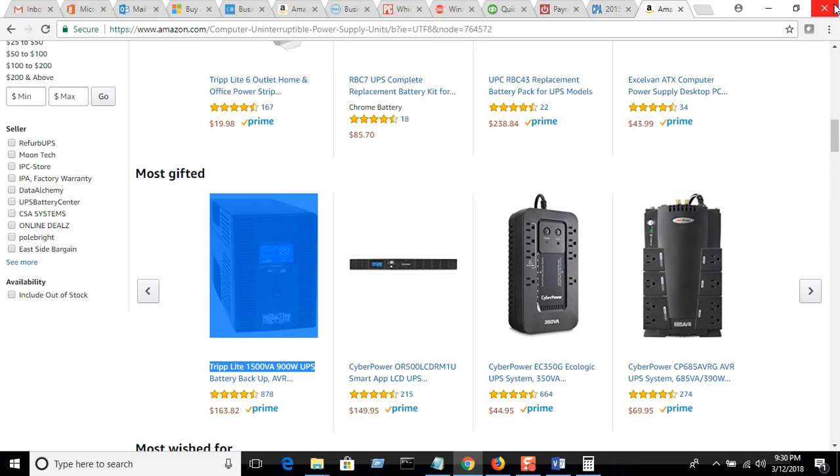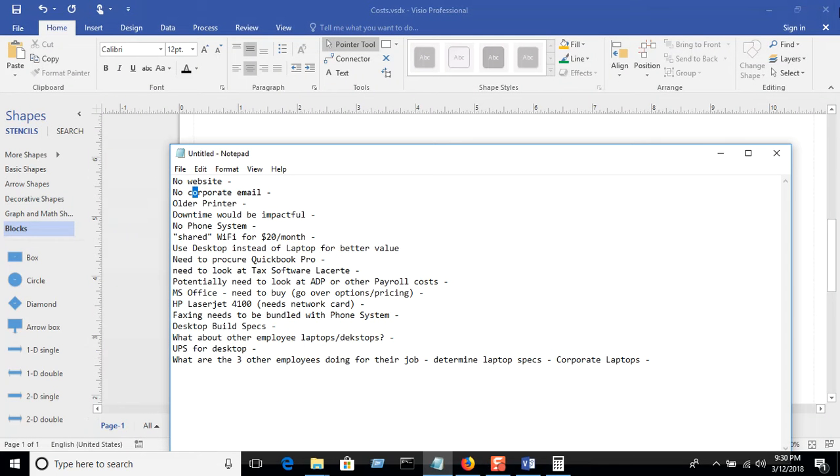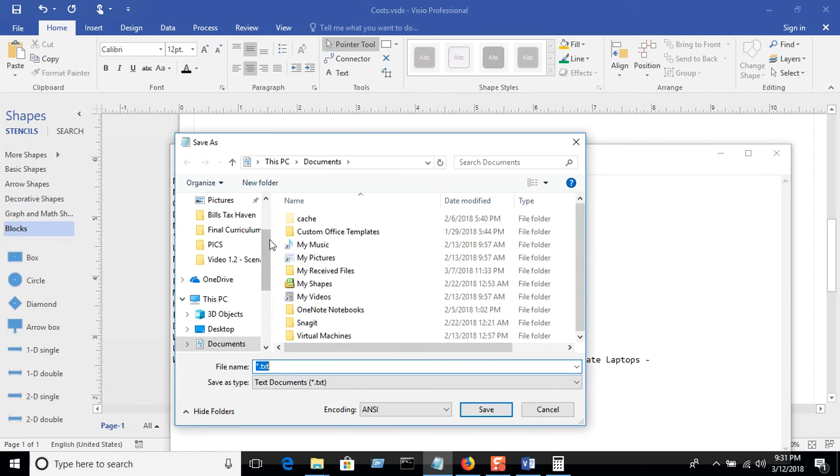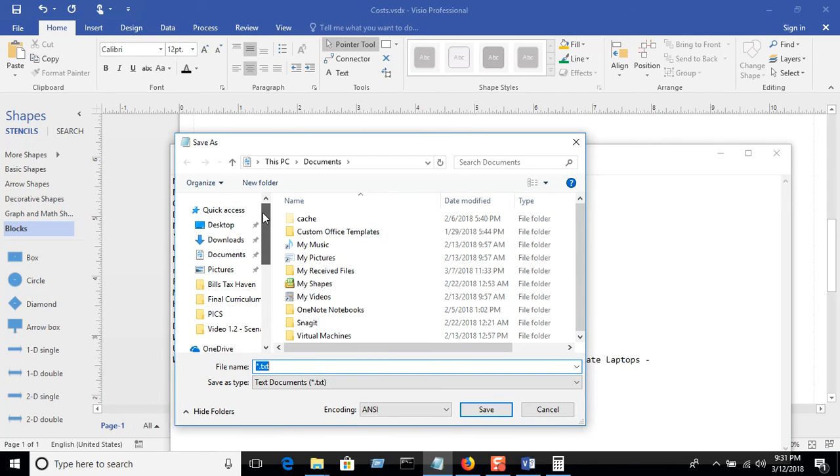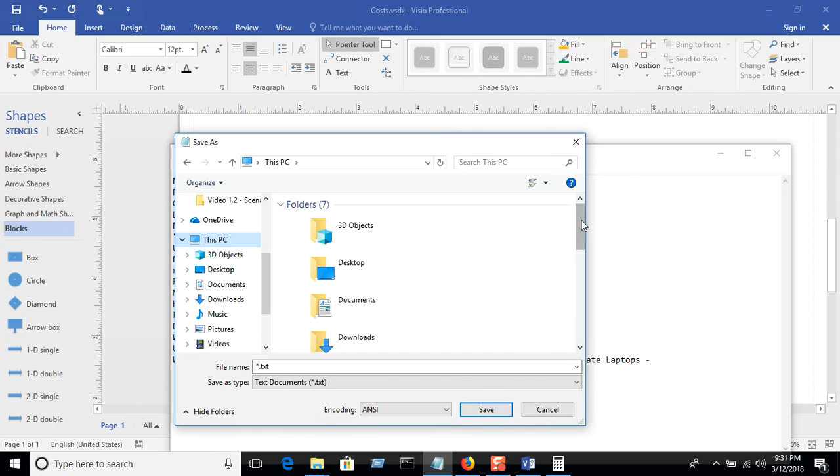So I'm going to close out of all my documents. I'm going to close out of my browser too, because we're done with all that. I'm going to save this also. You want to really just get used to saving a lot of your documents in one place so that it's consistent. So I'm going to go back to my